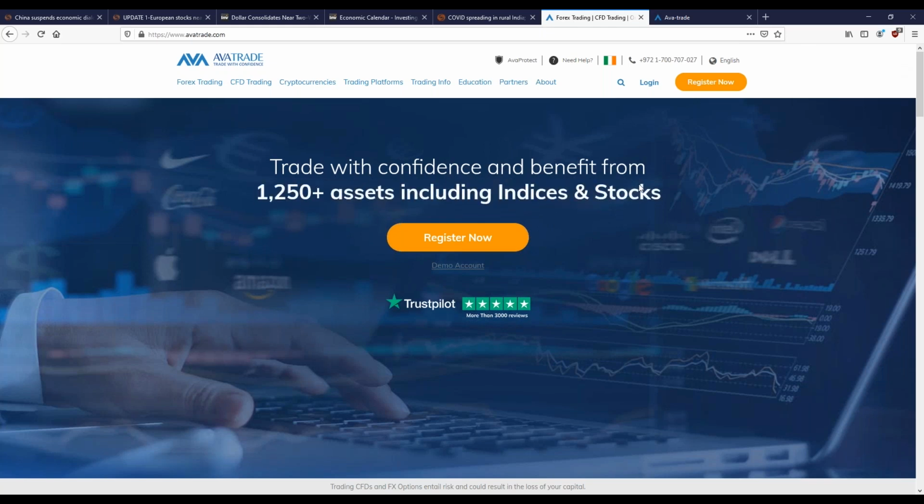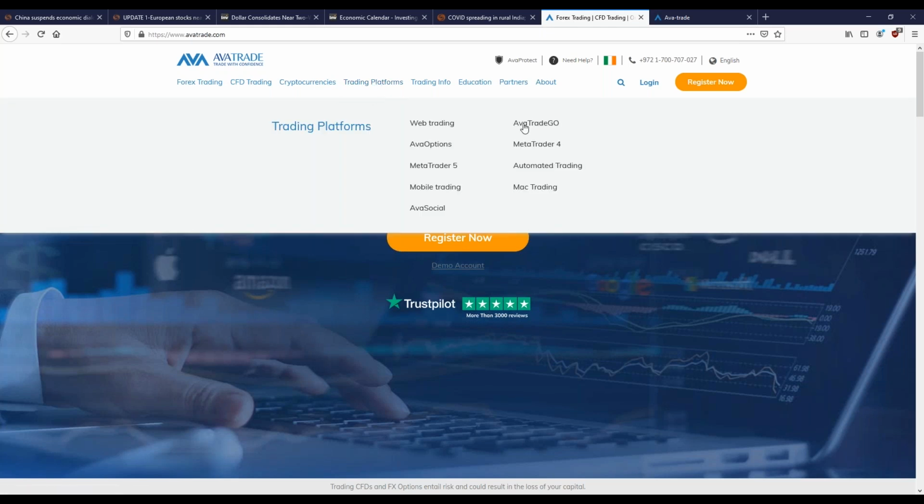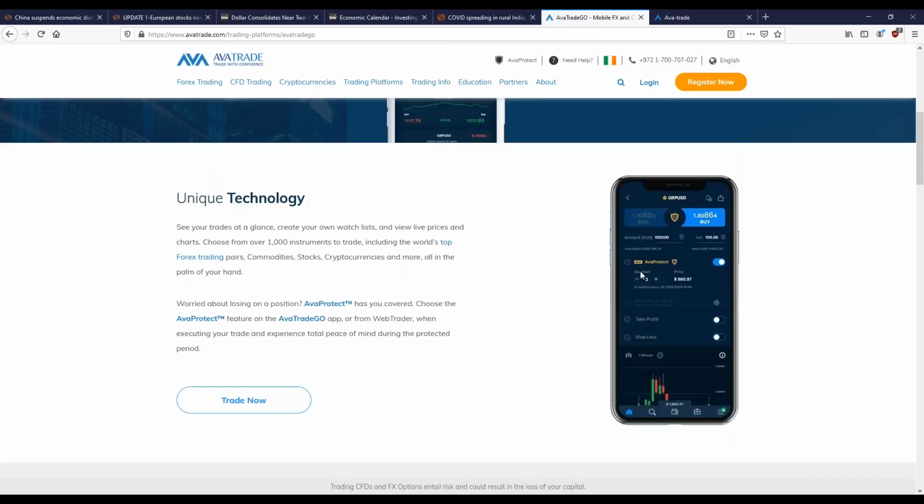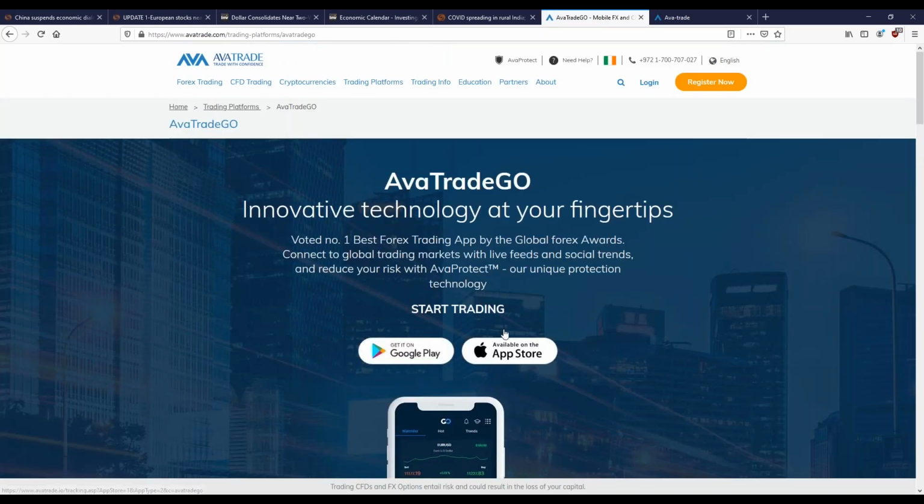When you're on our main website, by the way, if you're wanting to use AvaTrade Go, our award-winning mobile app, then you go to trading platforms, you go to AvaTrade Go, and there it is. It talks about the features, everything that's on it. You go to your app store. There's a link here for the two main app stores. You can just search for it in your app store as well, AvaTrade Go, and you can get it